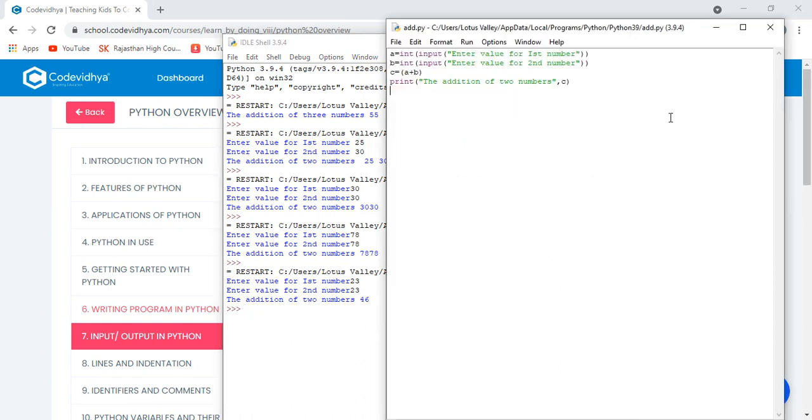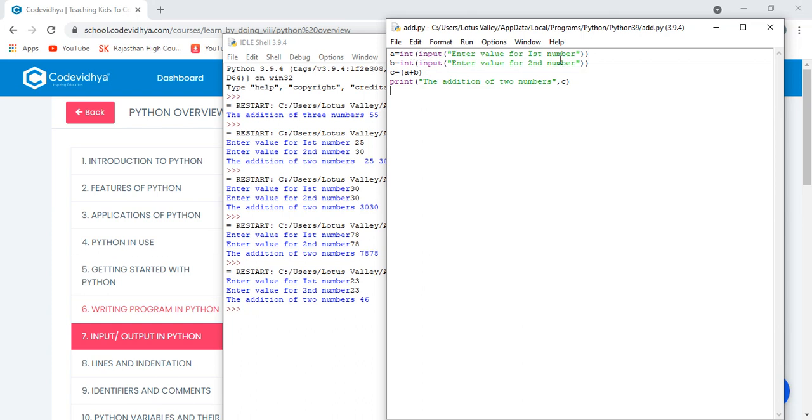If you are using the input function for taking an integer value, you have to write int in the bracket, so that your interpreter comes to know that you are going to enter a number. That's why I have written this int. This is called typecasting. If you do not write int here, then whatever you write will be considered a string by your interpreter. So whenever you are taking input from the user, make sure you have written int here, so that your computer comes to know that you are going to enter a number or integer value. Understood? Is it clear why I have written int here?